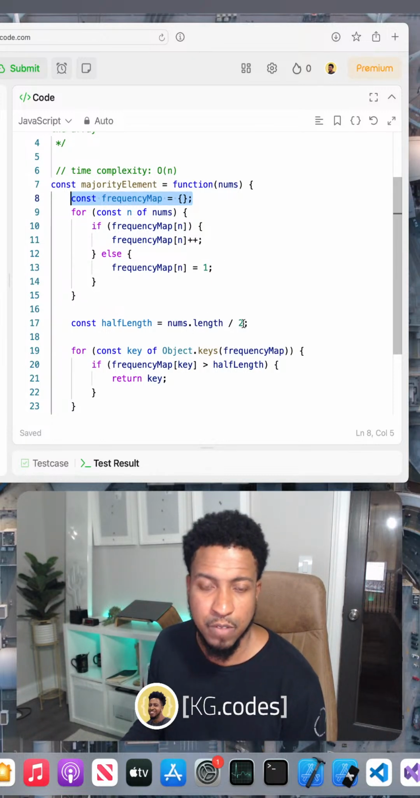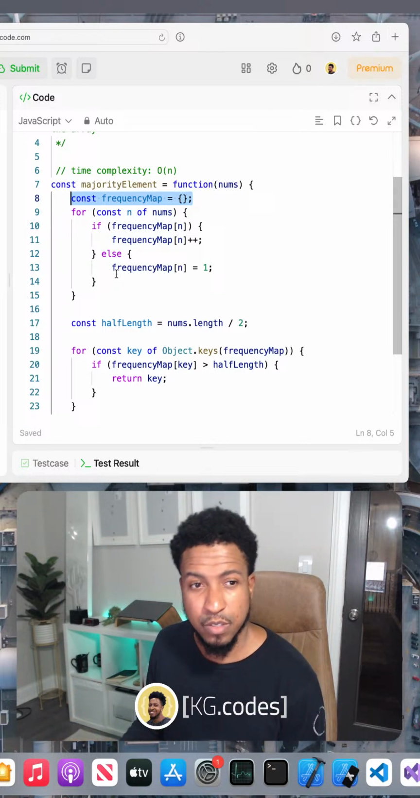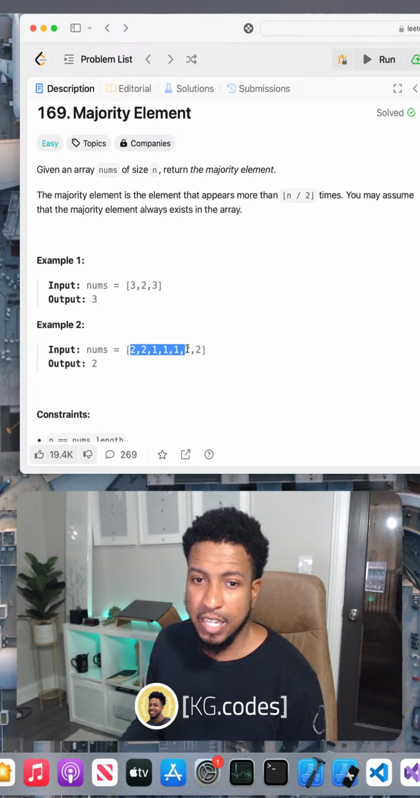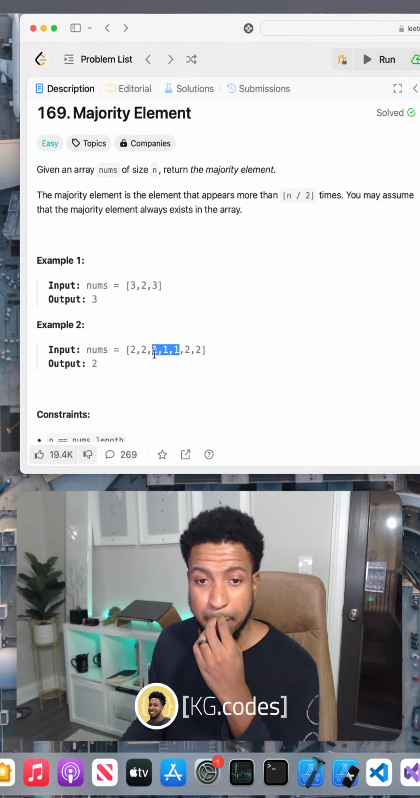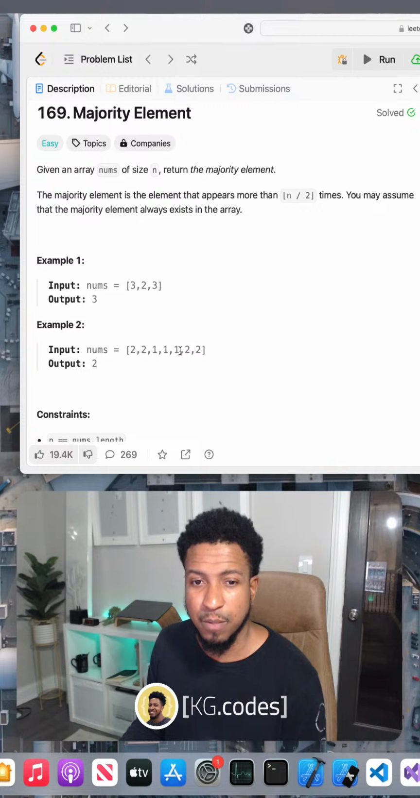And the other half can be, at worst case, different numbers. So in this case, it's always going to be at least all these 2s, but these 1s could be 1, 2, and 3. It could be 4, 5, 6, 7, 8, 9. It could be all these different numbers. So it's always going to be at least half the string